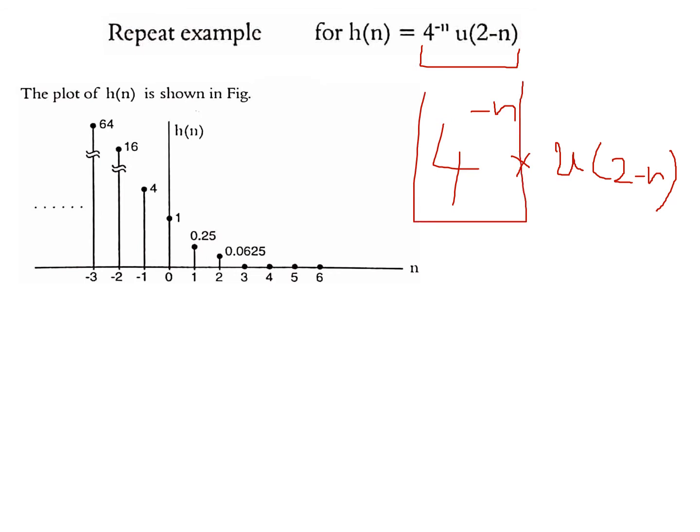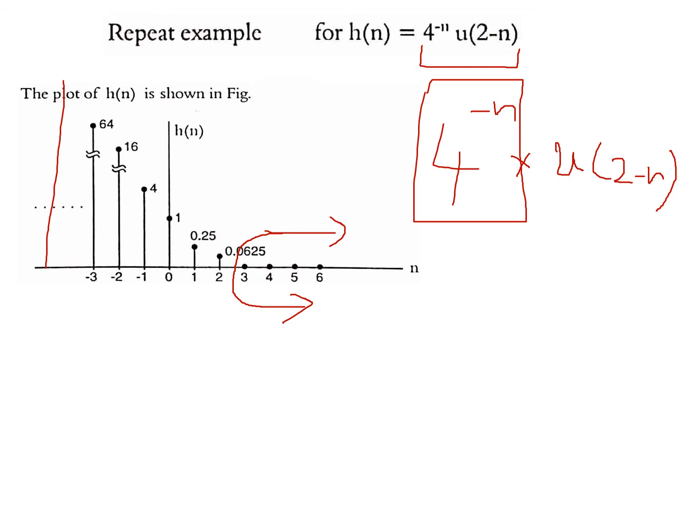4 power of minus n is an all-duration signal. It has left as well as right parts. But when you multiply by u of 2 minus n, all the values after n equal to 2 get cancelled and become 0. Only values for n less than 2 remain, up to minus infinity. See, there are so many values. This value keeps on increasing. It becomes bigger and bigger as you go to the negative side. As n tends to minus infinity, the value tends to infinity. So it is a falling exponential, but left-sided.